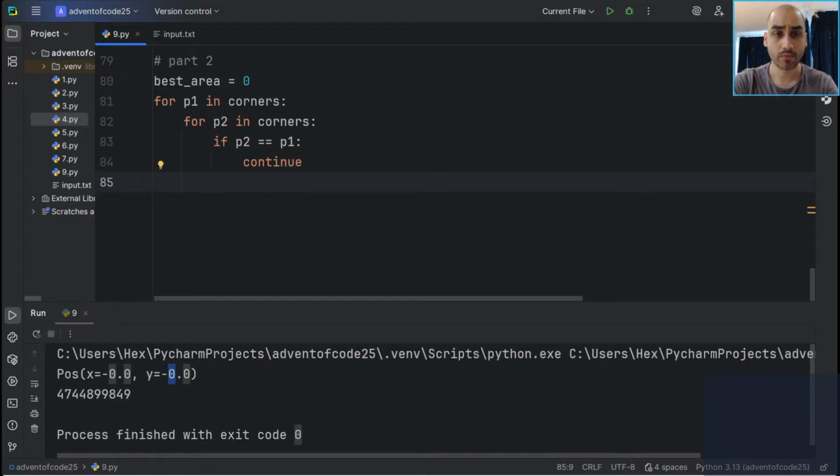So, P1, P2, other corners. So rectangle lines equals, well, let's say rectangle corners equals